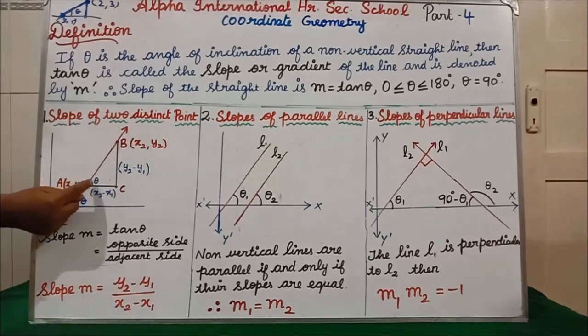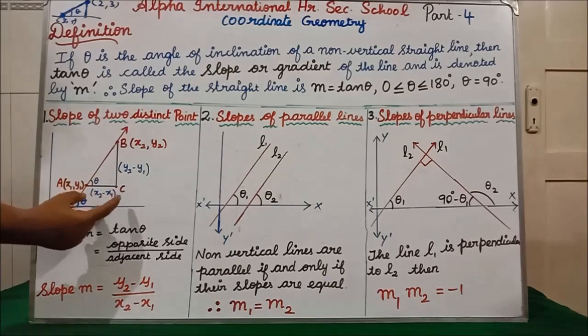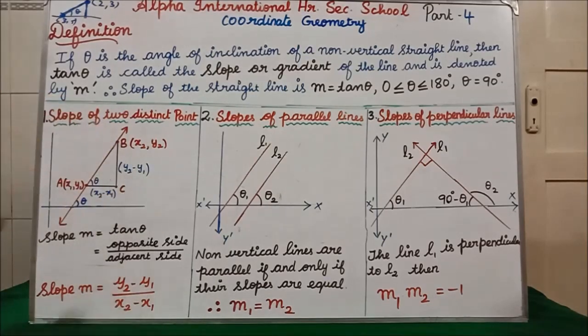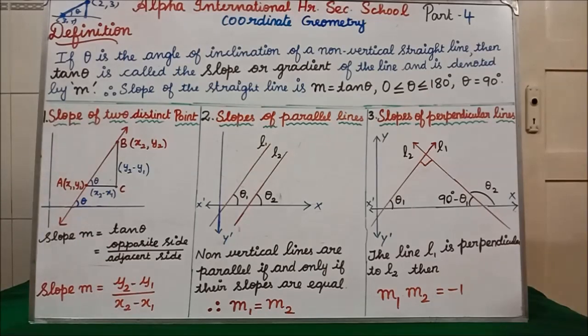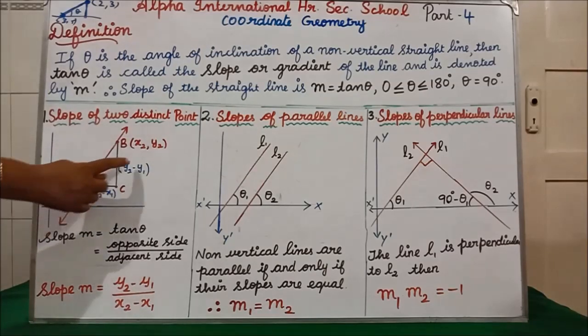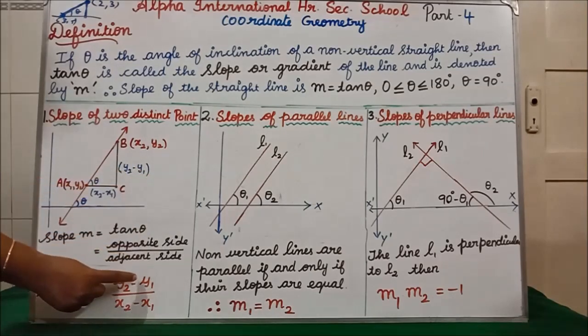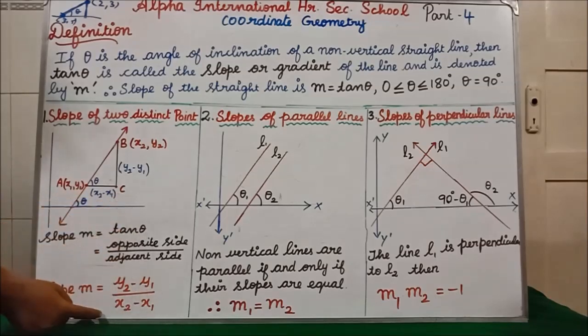So now here theta is there. Opposite side is what? Opposite side. Here the baseline is what? Adjacent. The longest side is what? Hypotenuse. Clear? So the tan theta formula is opposite divided by adjacent side. Here, for theta, this is the opposite side. So the opposite side we are having is y2 minus y1, divided by this adjacent side. Adjacent side is what? x2 minus x1. By that we have derived this formula.